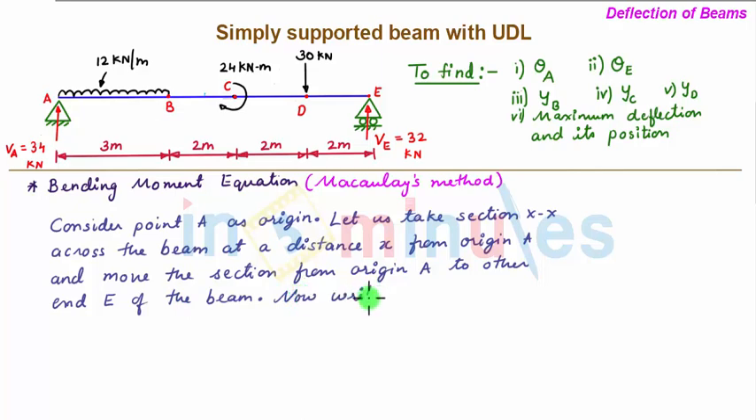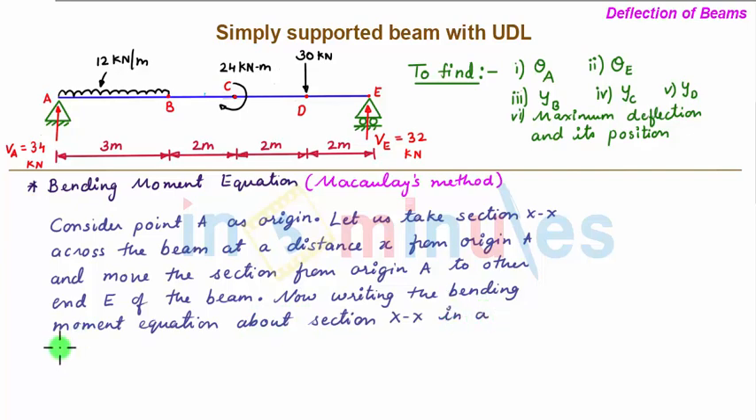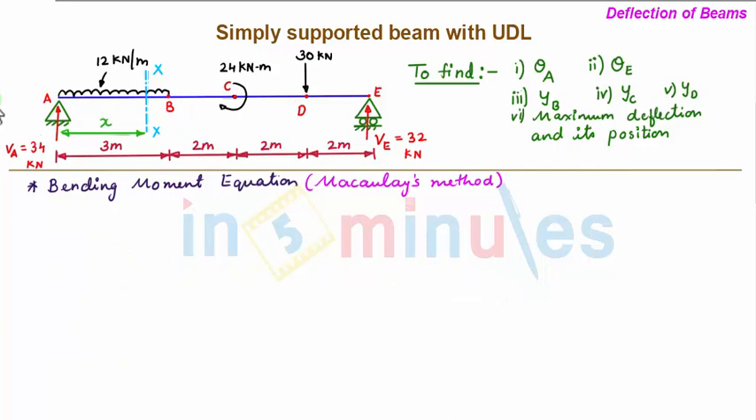Now, writing the bending moment equation about section XX in a single equation, we have section XX which is at a distance x from origin A and it is between point A and B. So now, writing the bending moment equation, the bending moment about section XX considering the left hand side of section will be